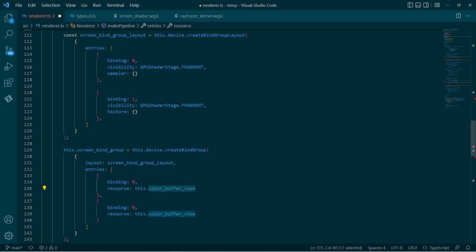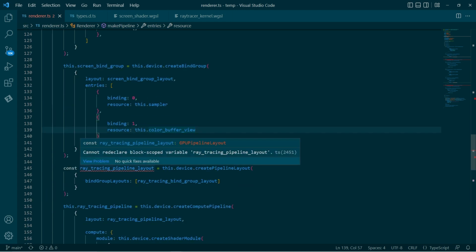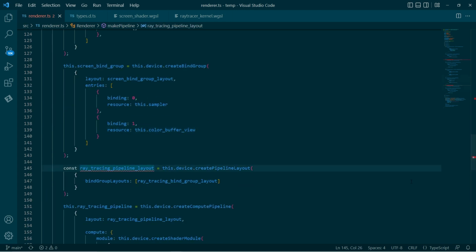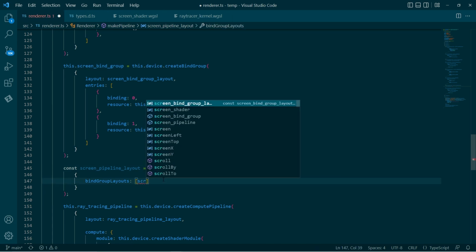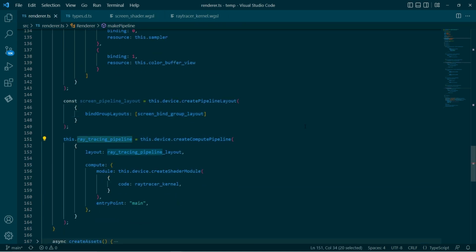And again, binding 0 is the sampler, and binding 1 is the color buffer. Okay, so then we create the screen pipeline layout. And then finally,